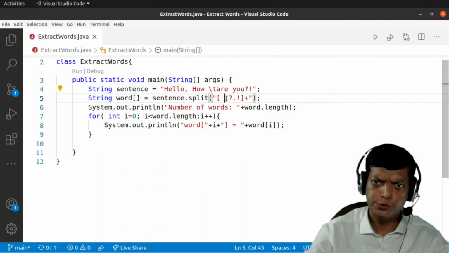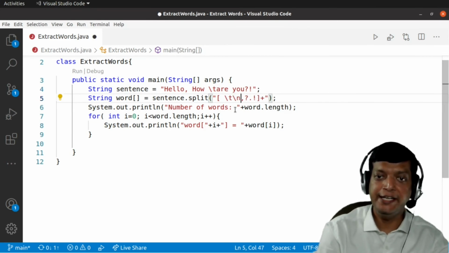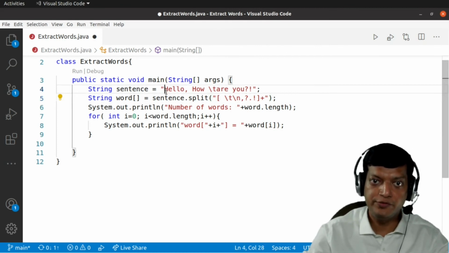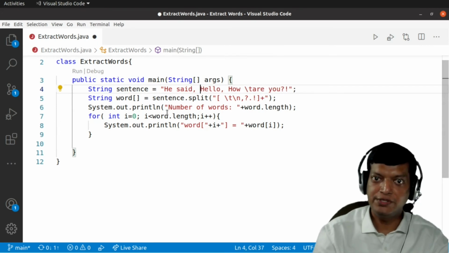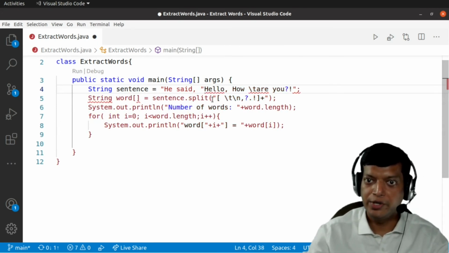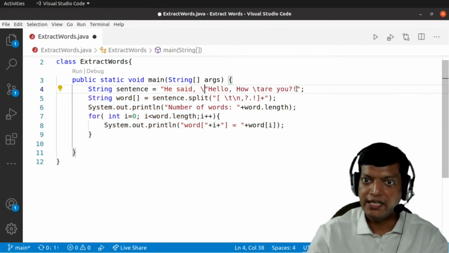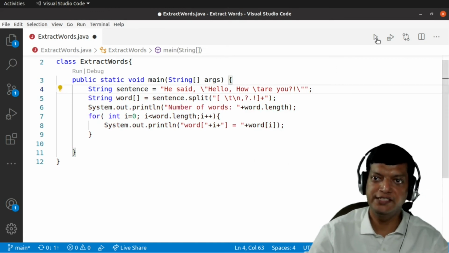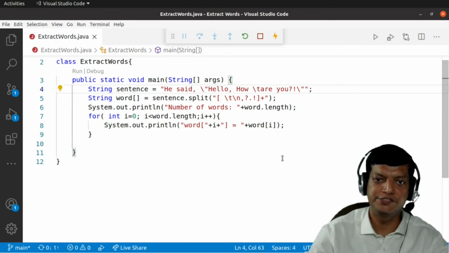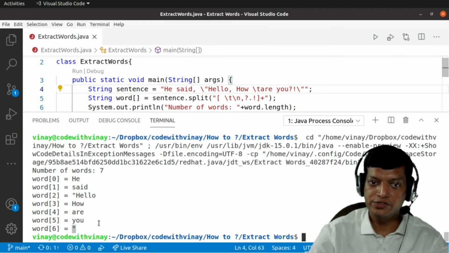So what we should do over here, we should say backslash t, backslash n, and even double quotes. Like for example, someone might say, he said, comma, space, hello, how are you? Now this has to be escaped, otherwise it will give a syntax error. And similarly, I want a double quotes over here also. Now this is a fairly complicated case. Now if I run it again, see what happens. He said, and this double quotes becomes the part of hello, and this double quotes again is hanging.